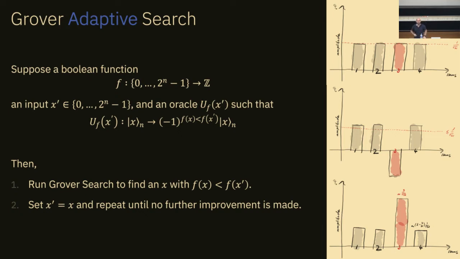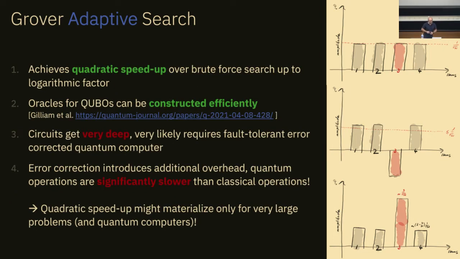Sorry, what's the optimization goal here? Because you said a better solution, but if you already find one solution, what is the goal? That's a good point, to minimize f. So you want to find the input x that minimizes f. And so you improve and improve. This is true. There should be somewhere a minimization problem. All right. So this is Grover adaptive search. It's really just adding this adaptive loop on top of Grover to bring it essentially from a decision problem to an optimization problem.